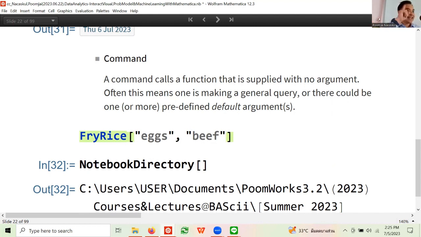But again, the concept of a high-level function is, if I don't specify something, there's always a default. So if I say something like this, it would also know how to make fried rice. It would just make the most generic version of it.